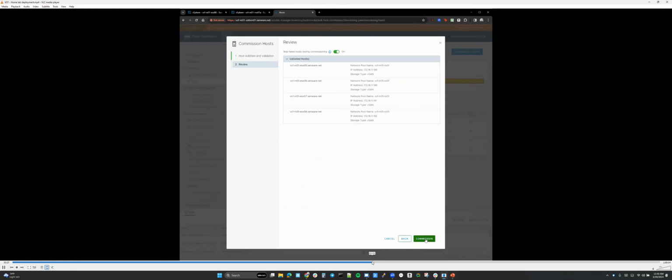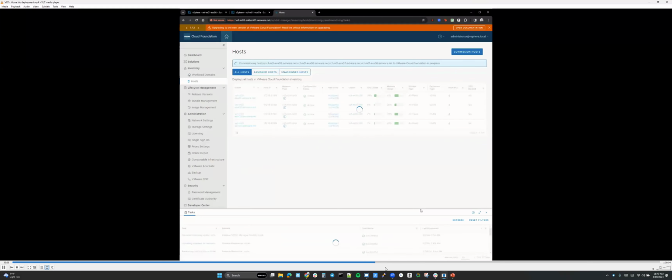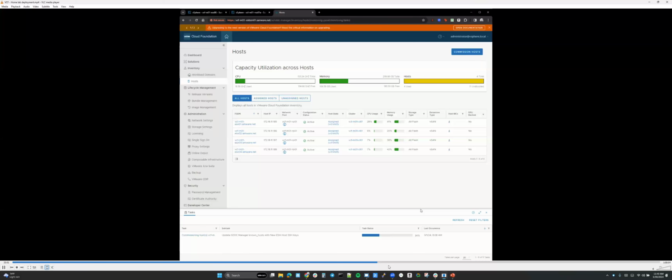Commission. So the process is a little different than what you would do in vCenter, right? You're going to add a host in vCenter, and then you could add it to a cluster. And here you have to commission the hosts first, and then add it to a cluster or create a cluster and add it. So now the hosts are commissioned, they're activating. And the next step would be